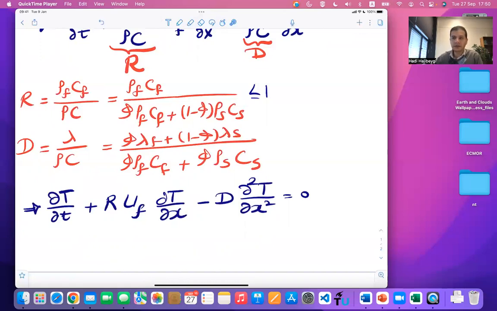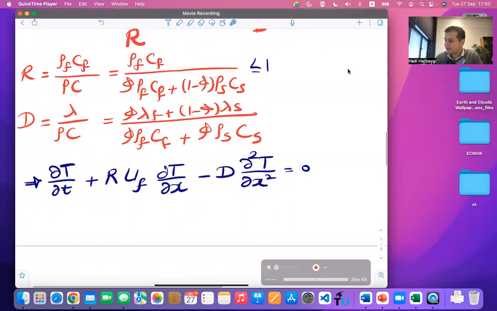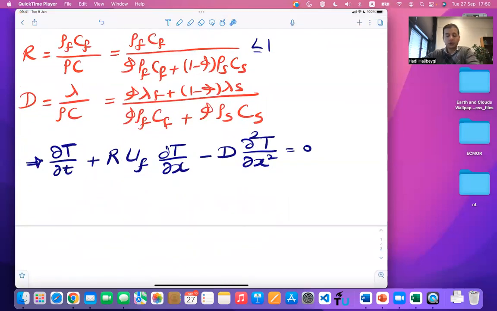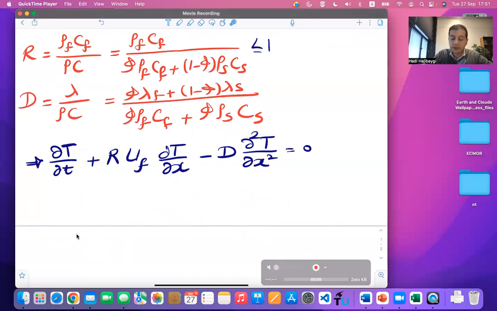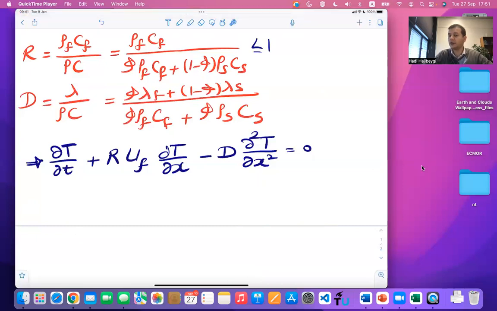And now that we have both of them together, we have a mix of those types of PDEs in place. Okay, so I hope that so far everything was clear to you and you could understand where we started from and where we are now in this process of obtaining a conservation equation for an open system of porous medium with conduction and convection in place. That helps us understand temperature as a function of x and time.